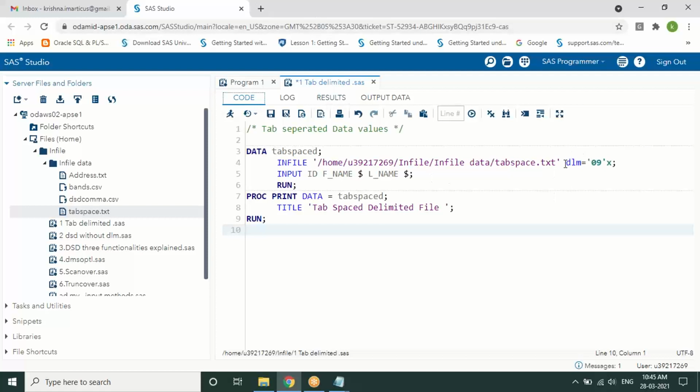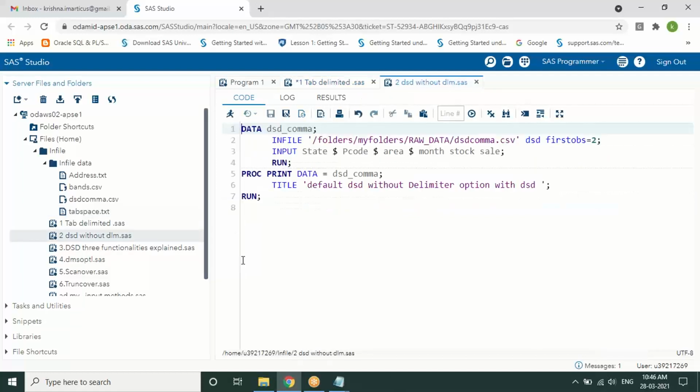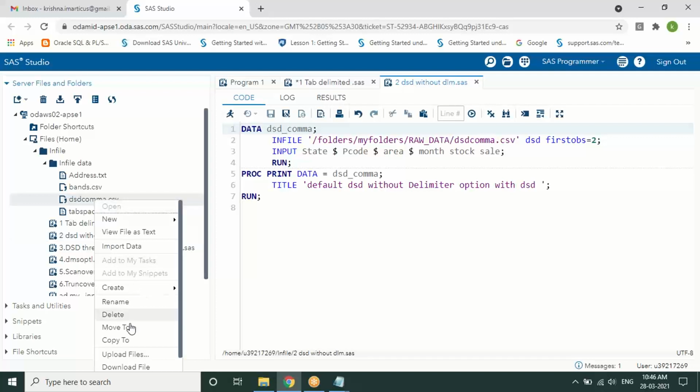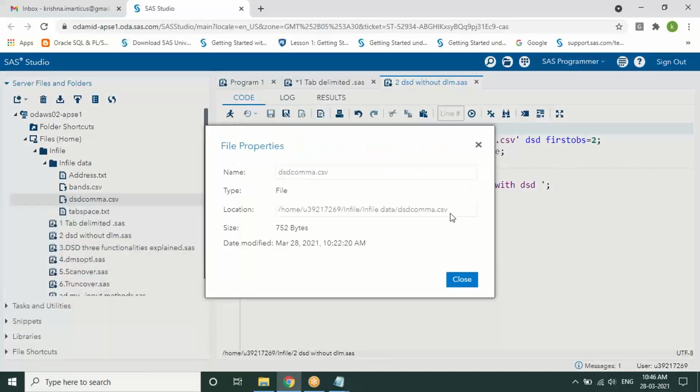The notation I'm mentioning is delimiter equals 09x.